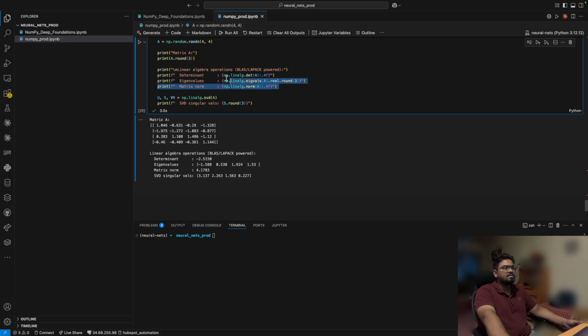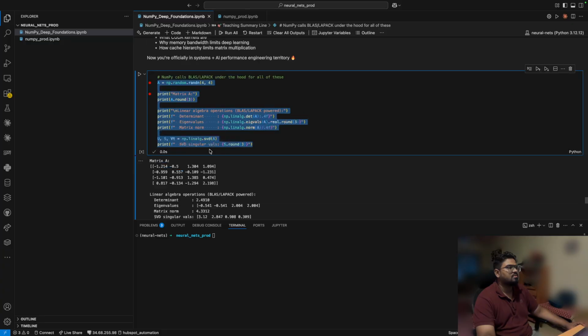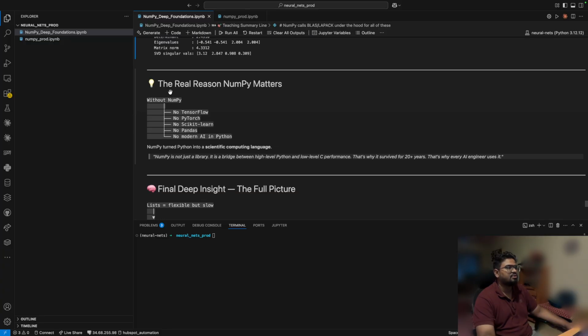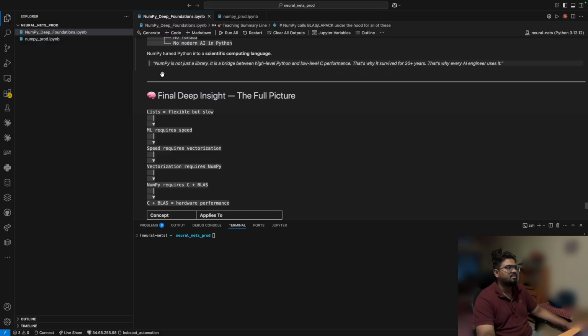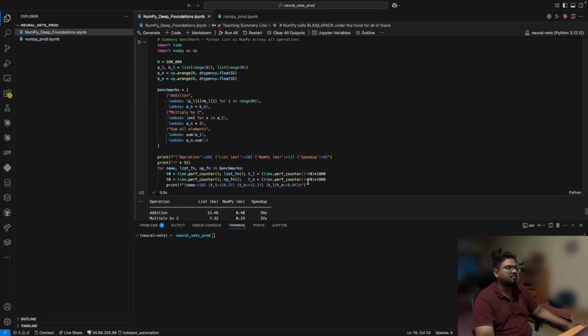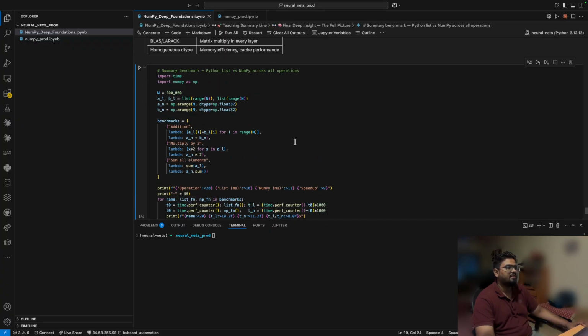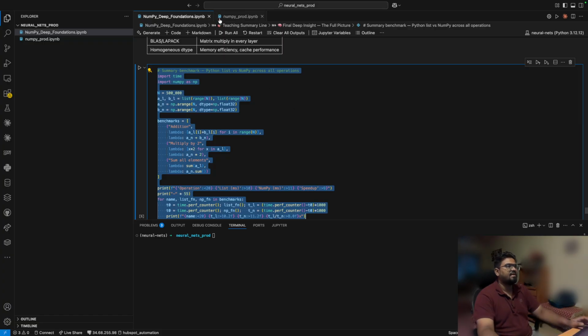And these concepts, if you try to do them by hand, using your bare hands, it takes a lot of time. But just look at the power of NumPy. 3 things: SIMD, BLAS, and LAPACK. Cool. So that's pretty much it. And then the real reason. This is the same thing that we discussed before. This is the full picture, and then we have something as a final